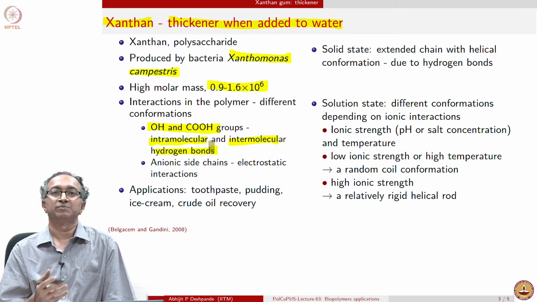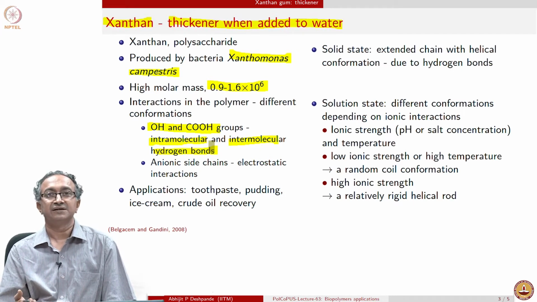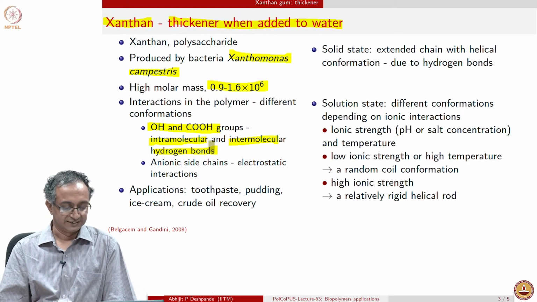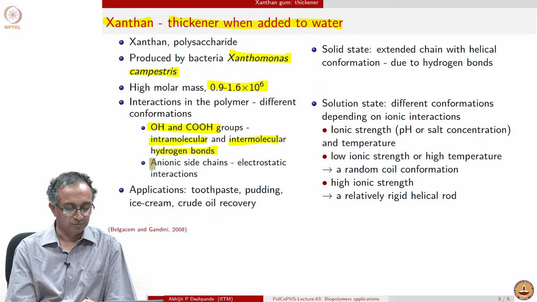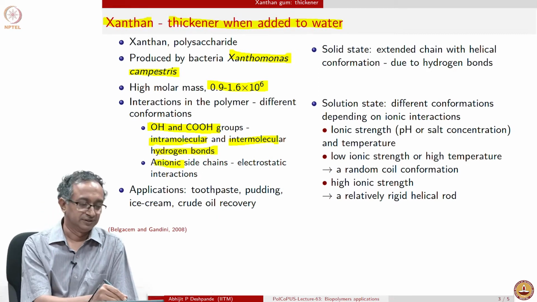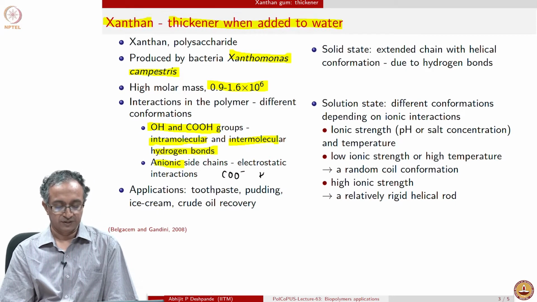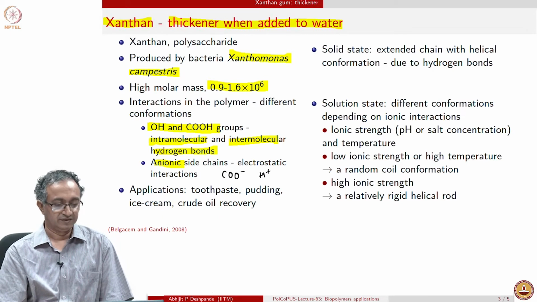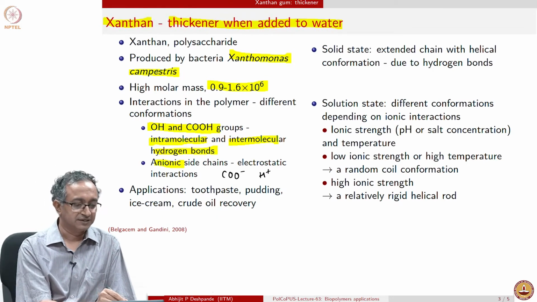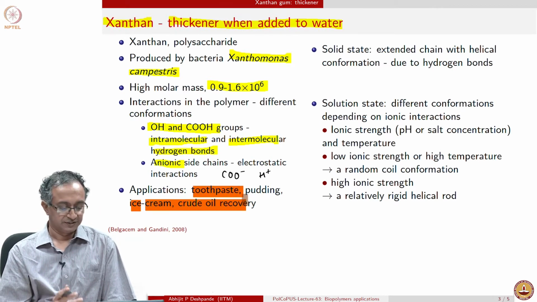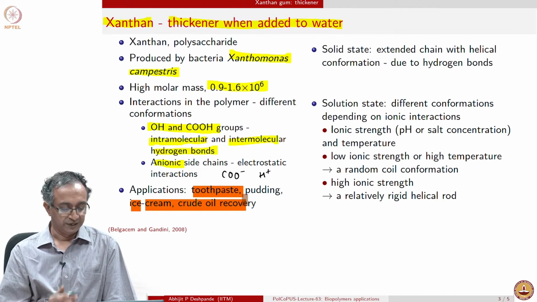So, whenever we put this polymer in water, because of interactions between xanthan gum and water, and xanthan gum and xanthan gum molecules, we have a very rich behavior that arises. We have mainly a backbone, and there are also anions present on this. We will soon see that we have COO minus and of course a counter ion, which may be a proton in this xanthan gum case, and its applications range from toothpaste, foodstuffs like pudding and ice cream,